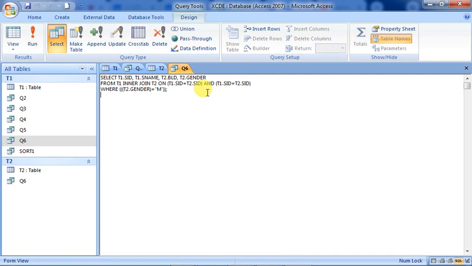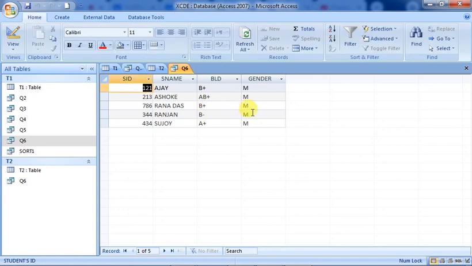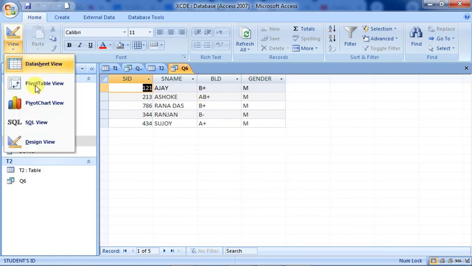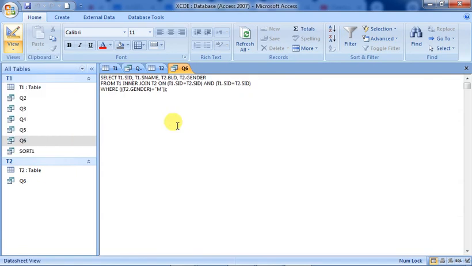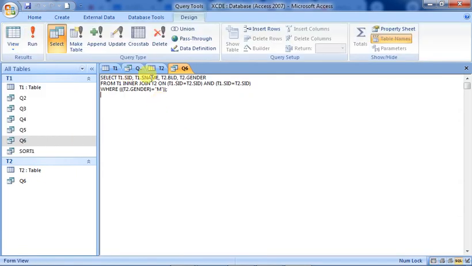Now by using these SQL commands, you can easily access the records. You can frame the query and access the records also. If I execute this one, similar results will come here. This is based on related tables only, that's why the table names T1 have come there.